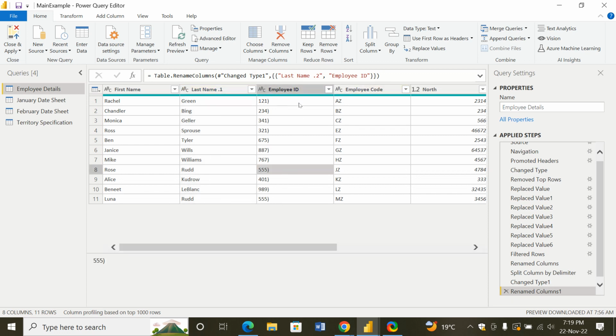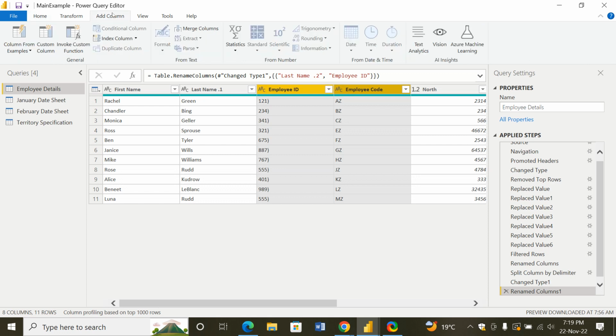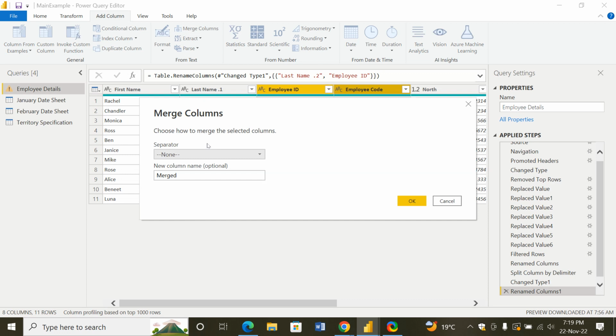So the first thing you do, you select the two columns that you want to merge. Then you go to add column. Under add column, we want to merge the columns. So if you want to merge the columns here,